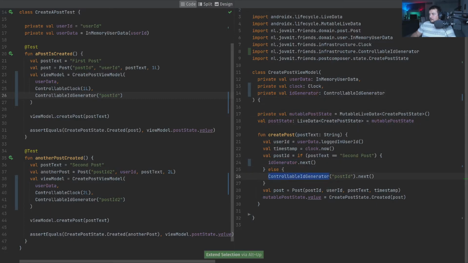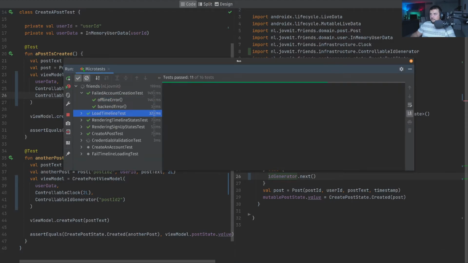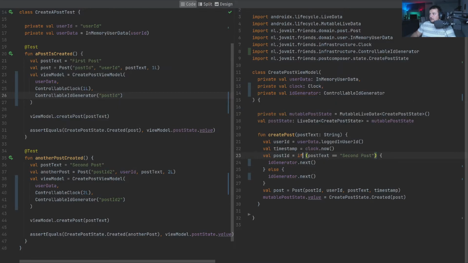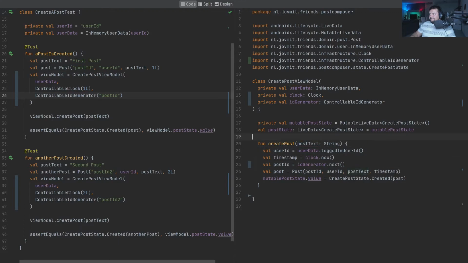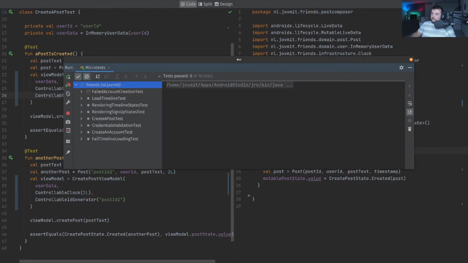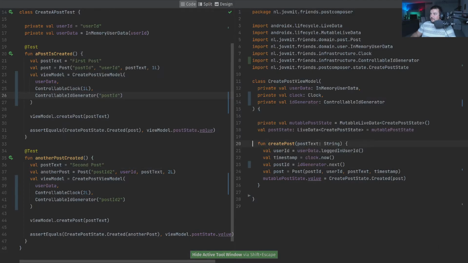And I will replace this with ID generator. And that should still work. And again, do the true here, and simplify. And now everything should be fine. So now we simplified things, and we no longer have any data here in the create post. But of course, the controllable ID generator similarly should be only part of the